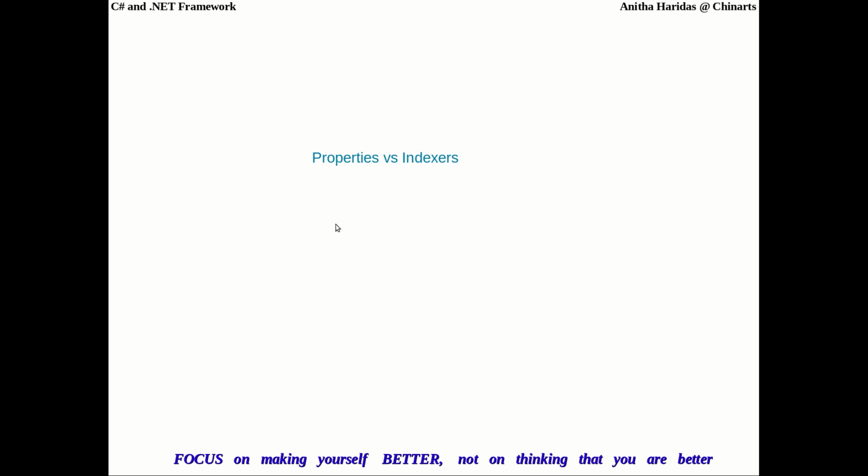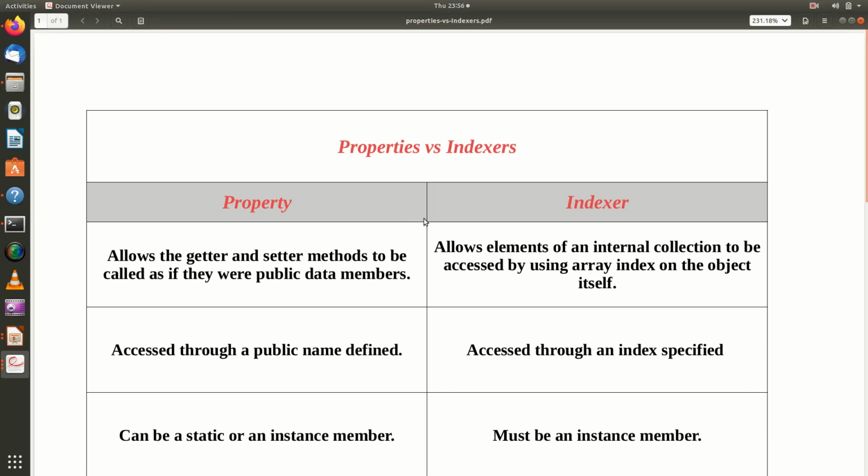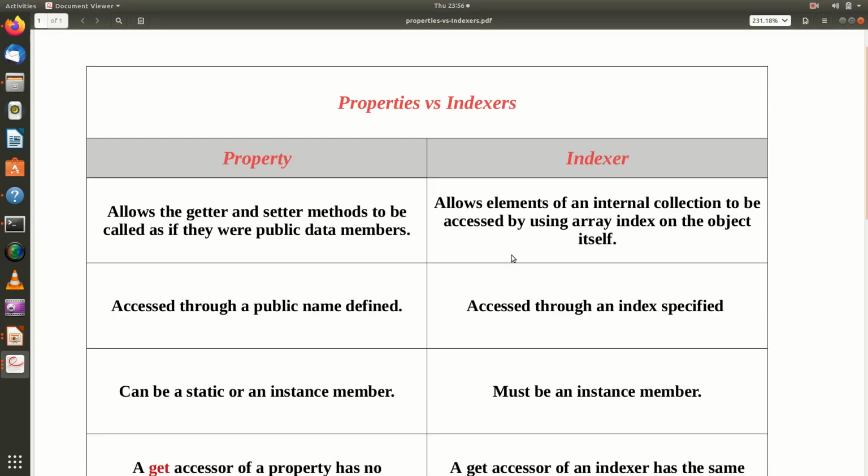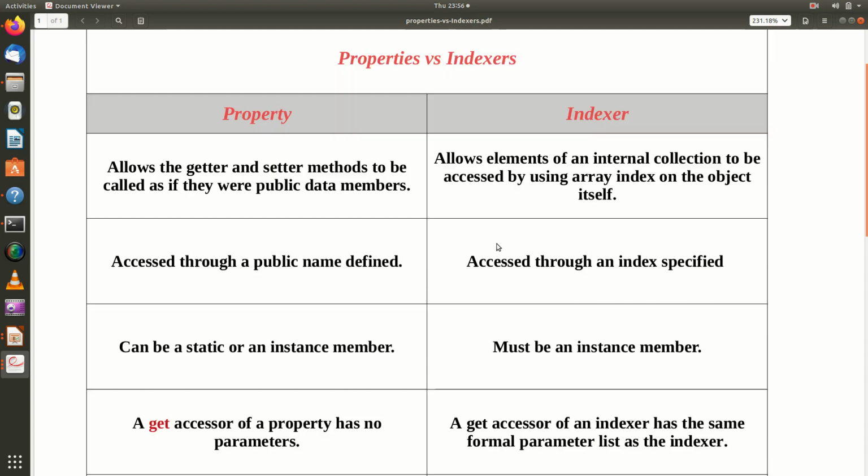Let us see what is the difference between properties and indexes in a table form. So these are the differences I have picked up. Properties and indexer. Your property allows the getter and setter methods to be called as if they were public data members, and indexes allows elements of an internal collection to be accessed by using array index on the object itself.